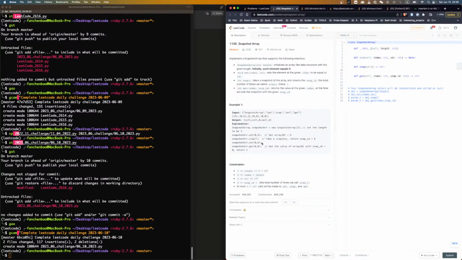The first set, we get a snap ID of 0. At this index, at snap ID 0, what is the value? And then you set again, so let's say at snap ID 100, then we get another value. How do we translate that? Well, we translate that by